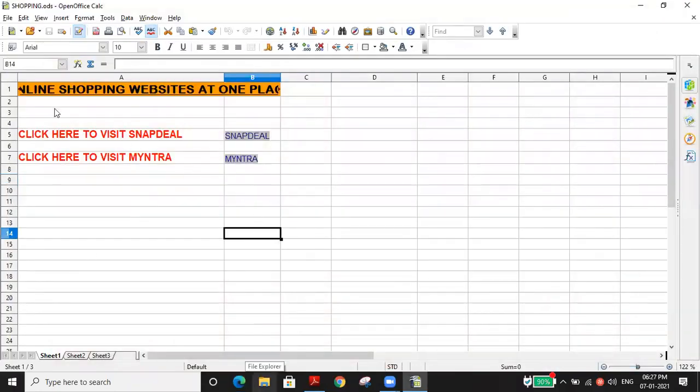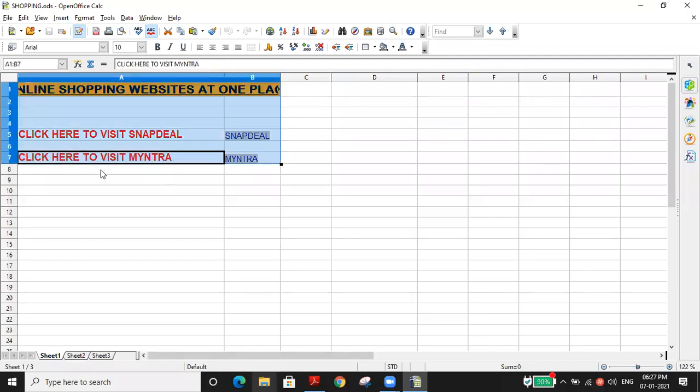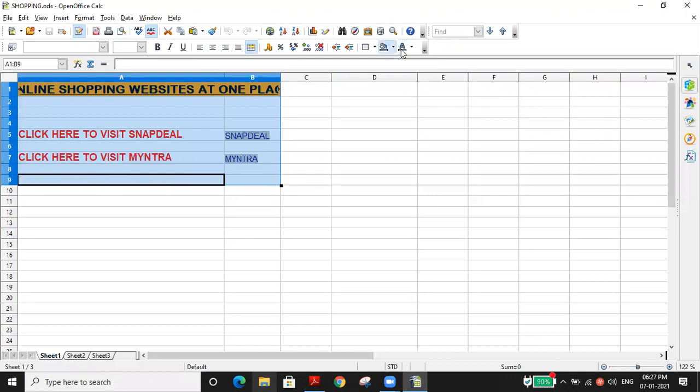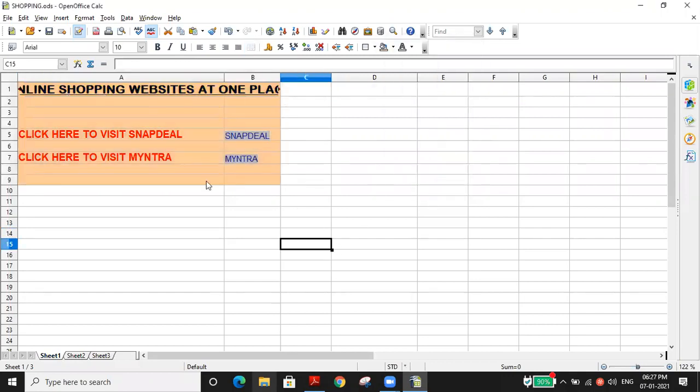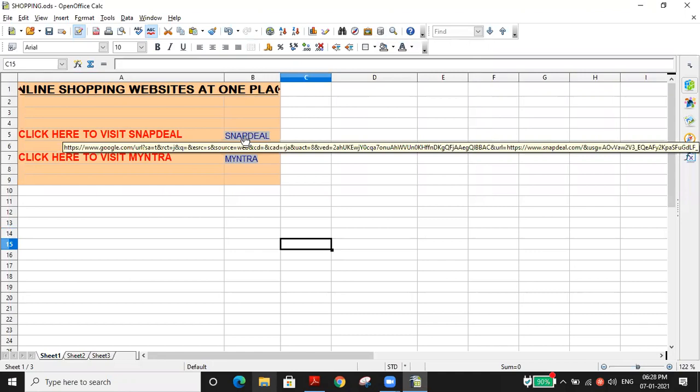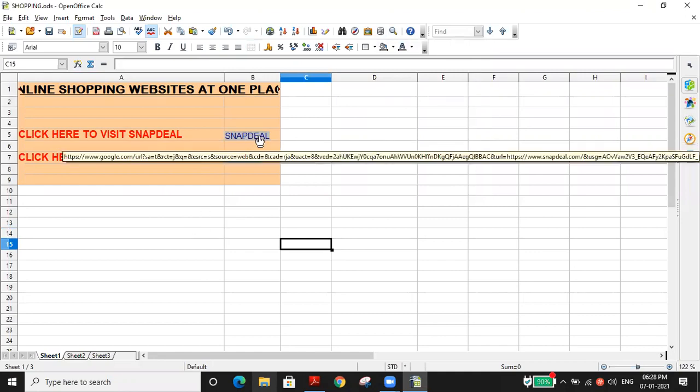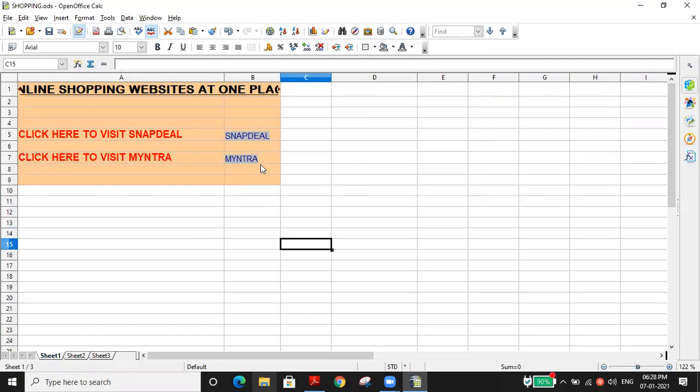Yes, sir. What is the use of it? I hope you understand this. It will be very easy. We can easily decorate everything, fill with some other colors, and create a wonderful page. You can make it a very good page. Just by simply clicking this one, automatically it will open. Have you understood, dear children?